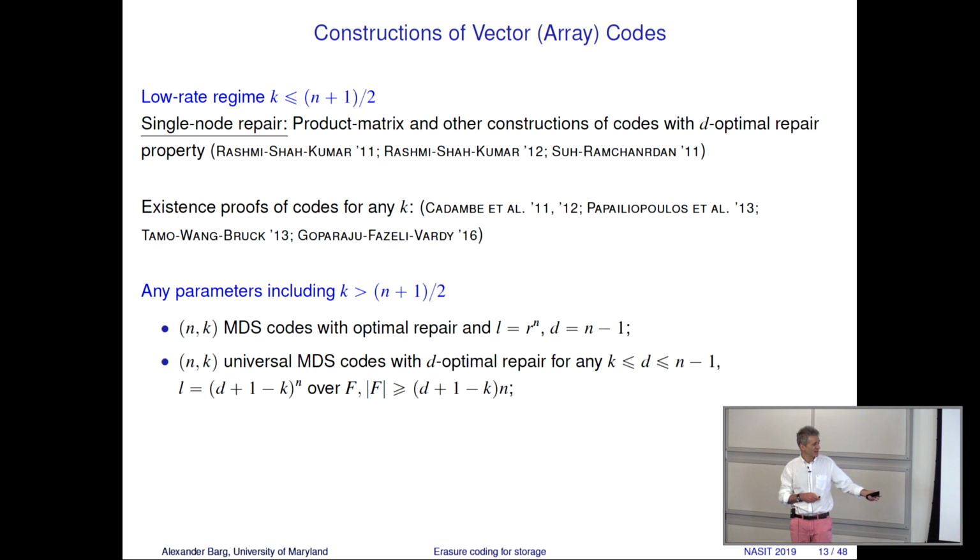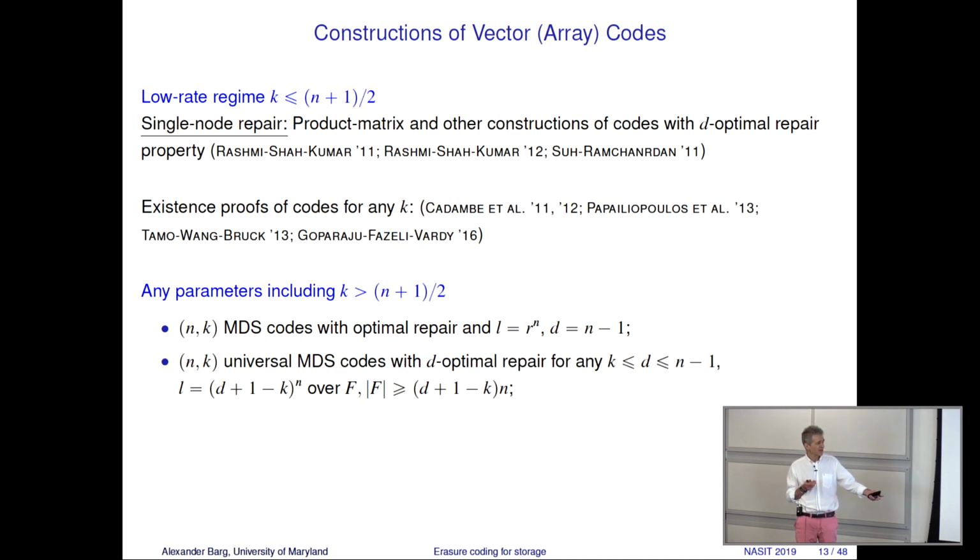I will present this construction. This construction can be extended into codes with universal repair. Let us say we want to contact, as we said, the cut-set bound is a falling function of the number of the helper nodes. Maybe in some situations we want to contact n minus 1 nodes, in some situations n minus 2, in some situations we want to go as low as k plus 1 nodes. Is it possible to have a construction with universal repair? Give me the number of helper nodes, I perform the repair. Yes, it is possible. So this is universality.